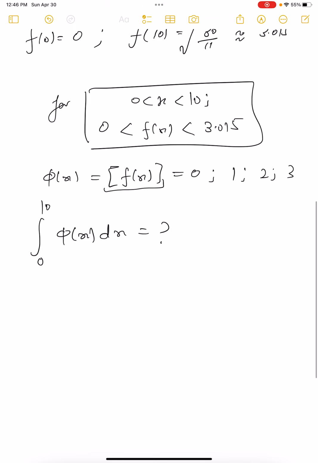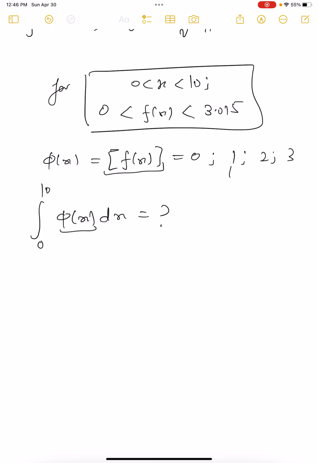So now we need to know for what values of x this phi of x is 0, for what value of x the phi of x is 1, for what value of x phi of x is 2, and for what value of x phi of x is 3. This we need to know. Okay,